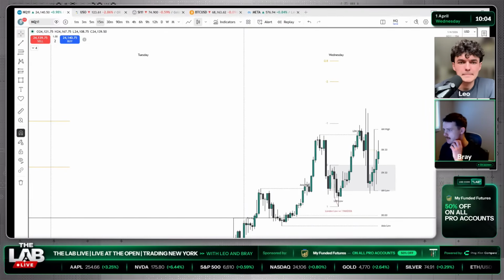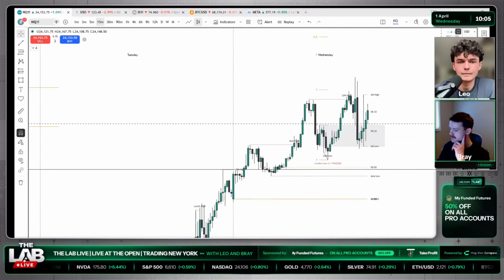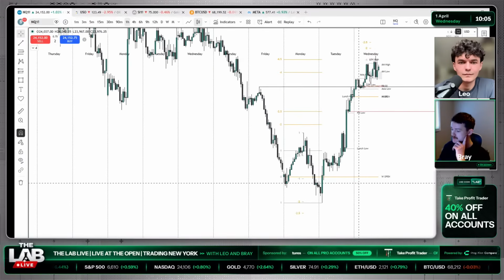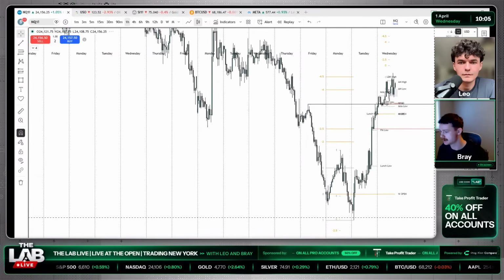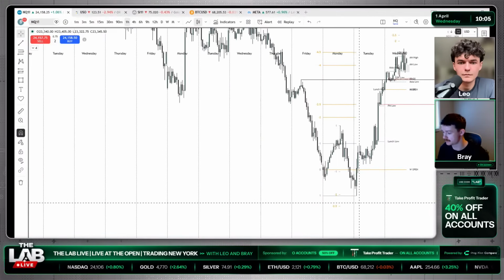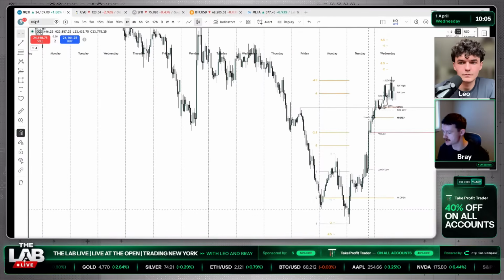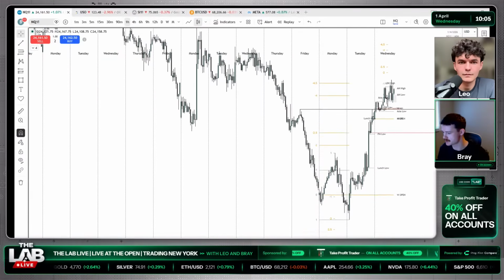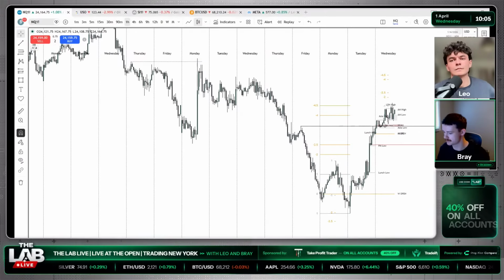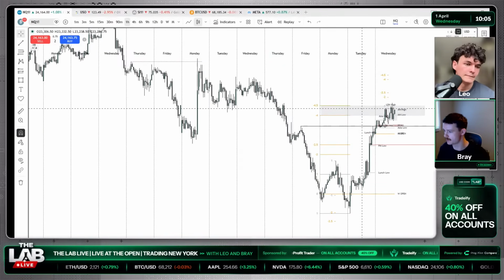Bray, you mentioned that we already made a move up in standard deviations. Where are you measuring that from to get today's move? So I have a few standard deviations that we can use. All the ones from yesterday have been met. Rather, from yesterday's candle, but it's from Monday night. I was measuring the weekly open projections. So from the low of the week to the weekly open, if you look, that's this guy here with this box. This would be your -4 standard deviations of the weekly projection.